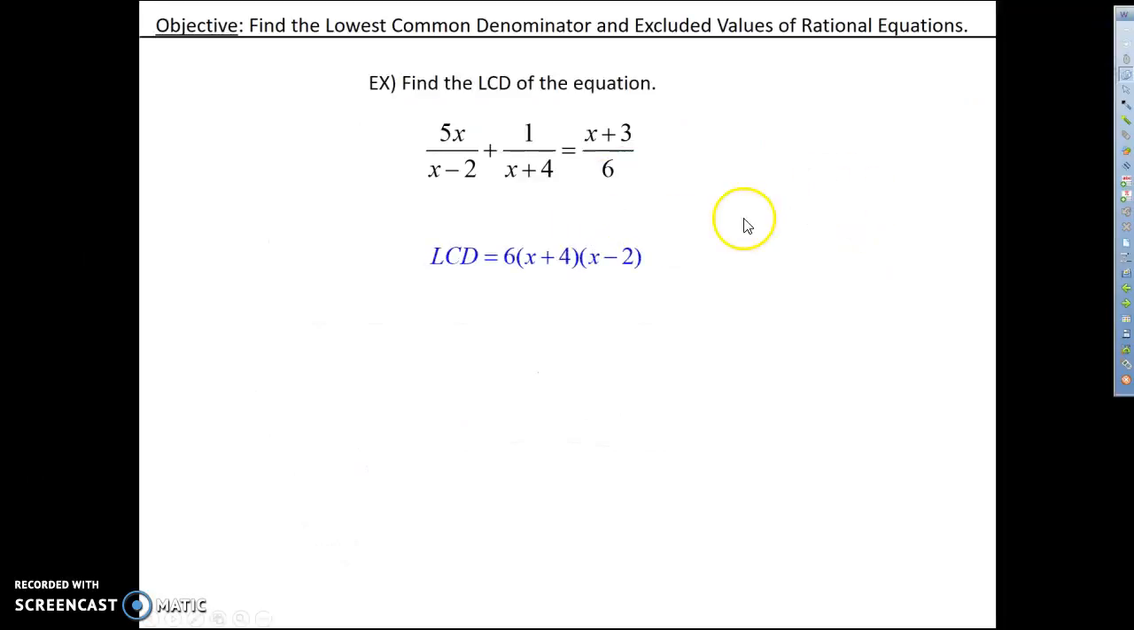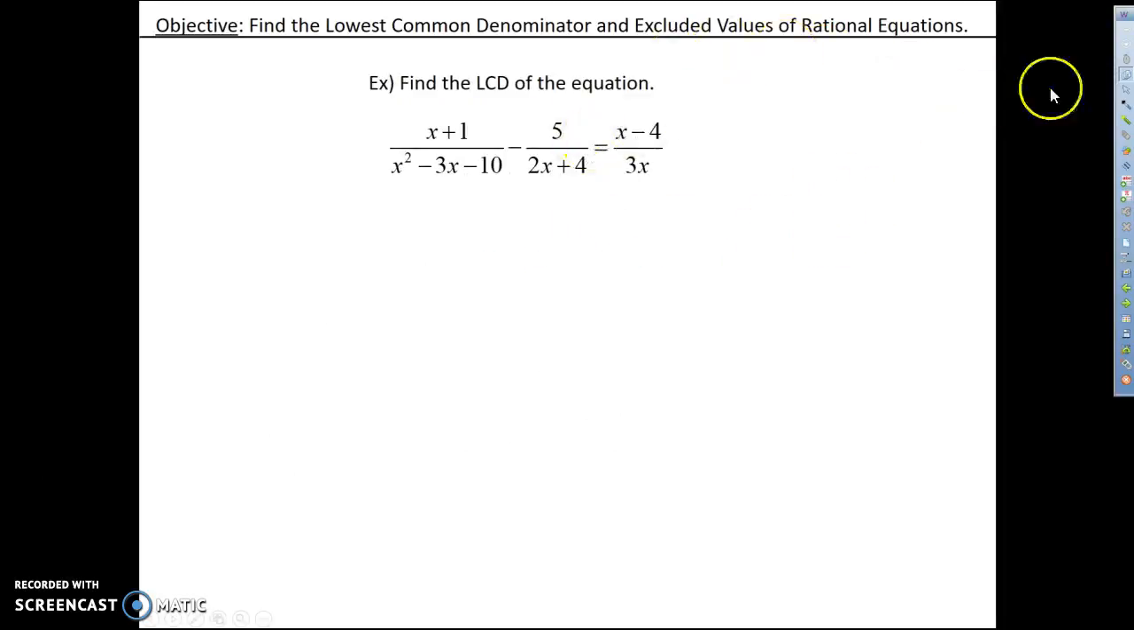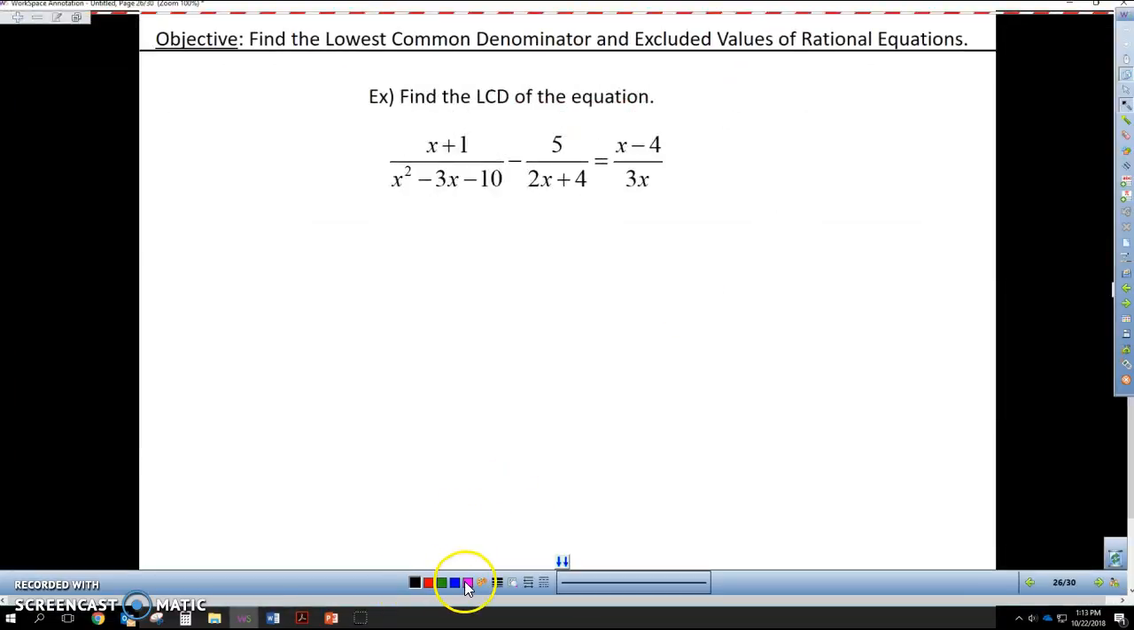Second example, here we have to go ahead and factor. So step 1: factor. Now a lot of these problems you're only going to have to factor the denominator, but if you had a more complicated rational equation, you would have to also factor the numerator, and you can reduce factors. In this case, we aren't going to see that. So I'll factor,